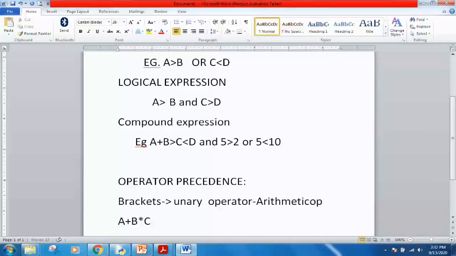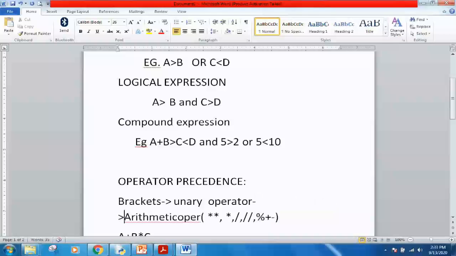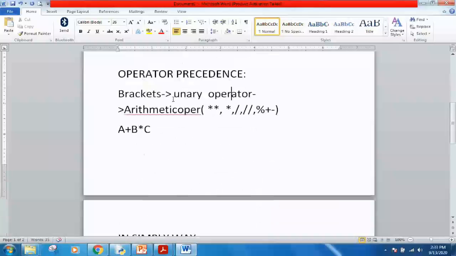In arithmetic operators, you will first have the exponent, then multiplication, then division, then double slash and modulus operator, then plus and minus. So all the arithmetic operators are resolved after that. After the arithmetic operators,